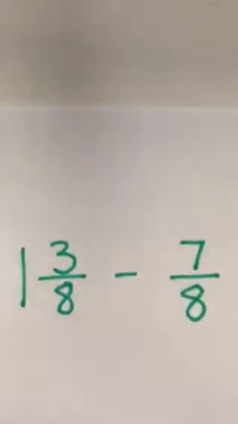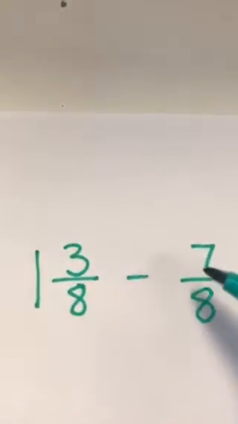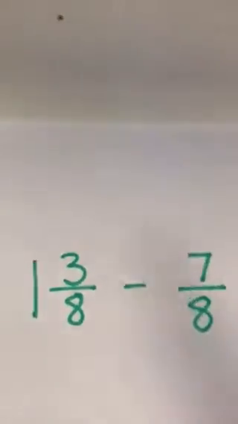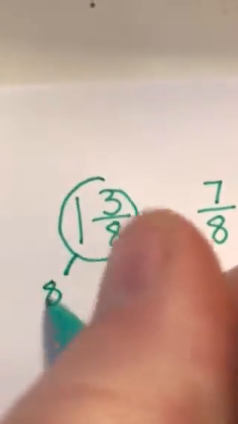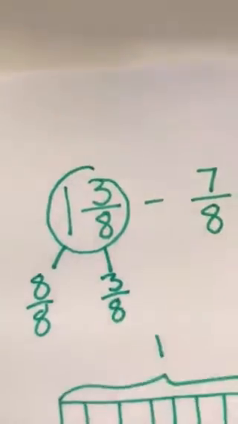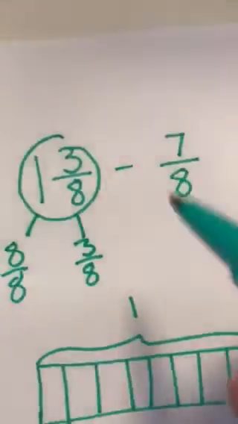Over here, we're going to do 1 and 3/8 minus 7/8. Well, I know 1 and 3/8 is bigger than one whole. So I'm going to rename this by taking out the whole. There are 8/8 in one whole. So 1 and 3/8 has 8/8 and 3/8. And I'm going to rename that